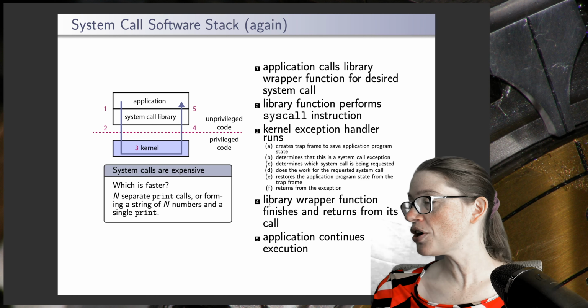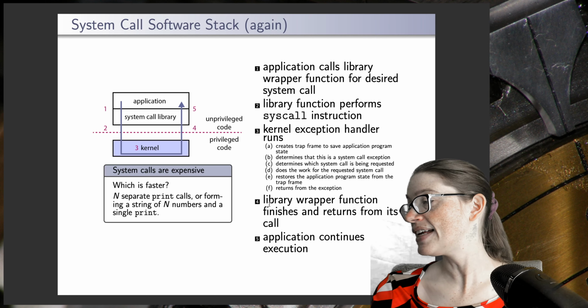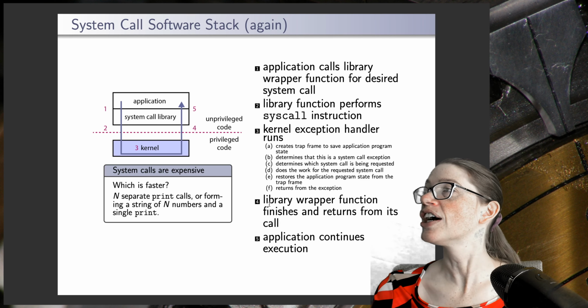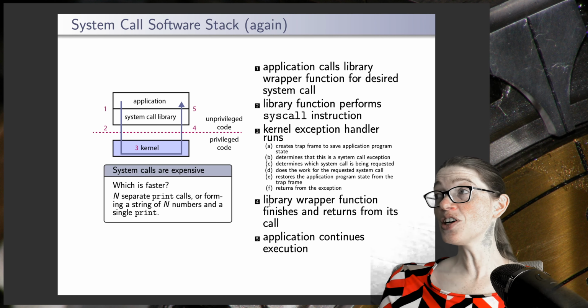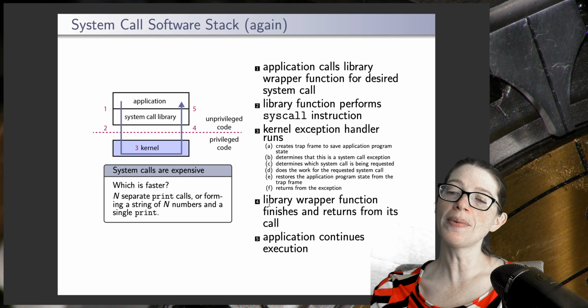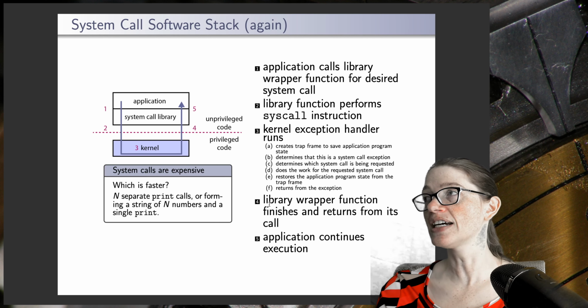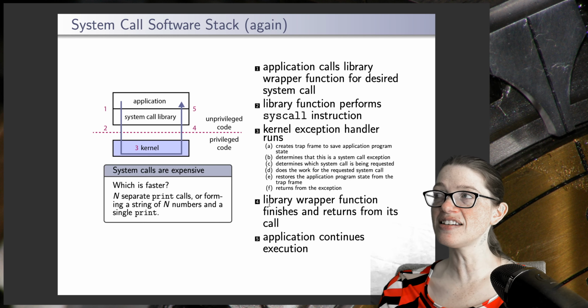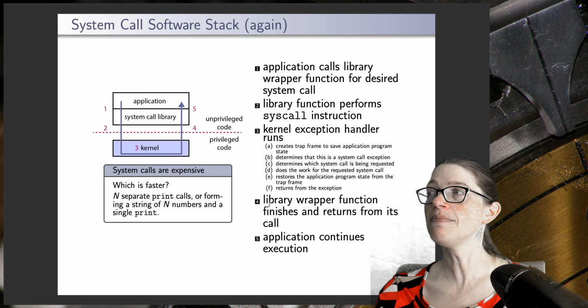So there's a question on Twitch that says, is there a language level wrapper for this? For example, in standard lib, or do we have to implement this separately per architecture? Yeah, so implementing system calls is going to be specific by architecture. And what you tend to see in things like standard lib implementation,